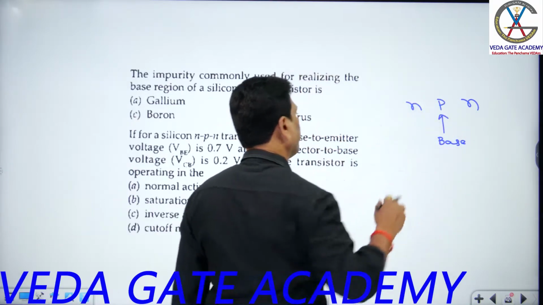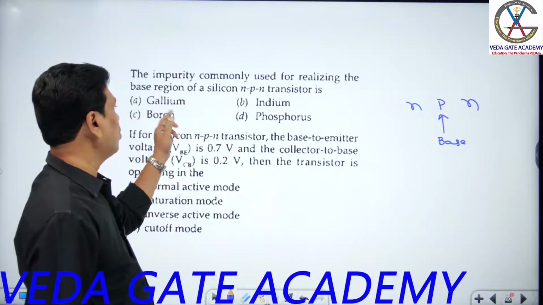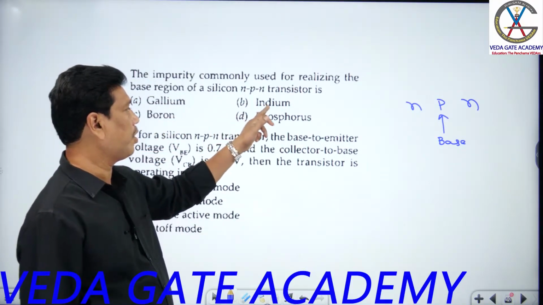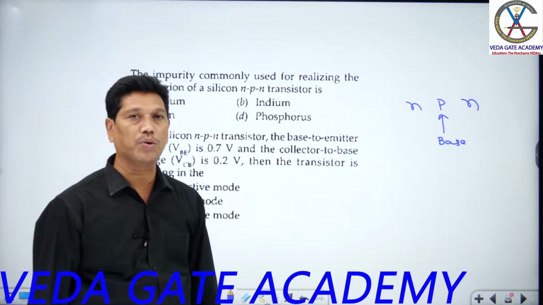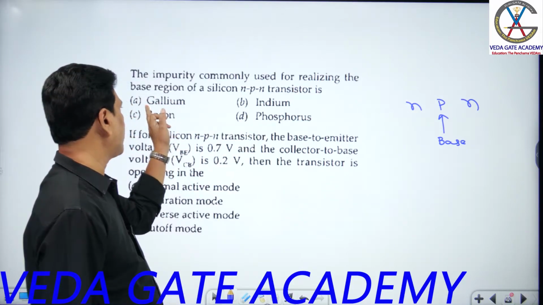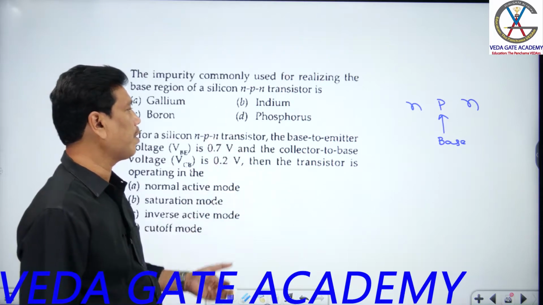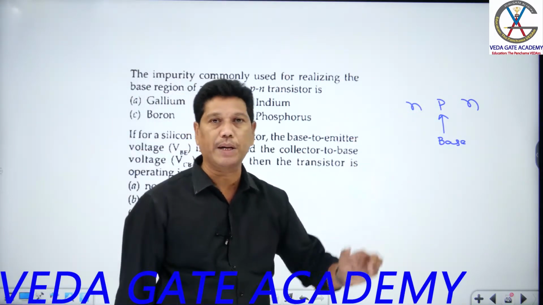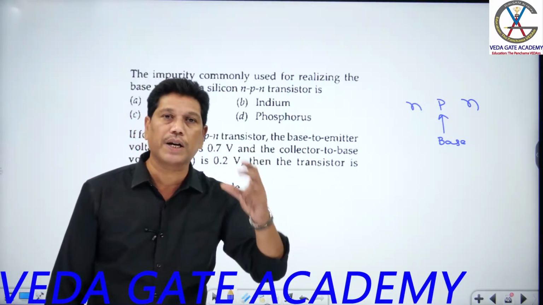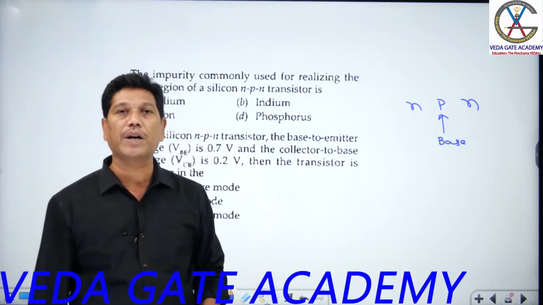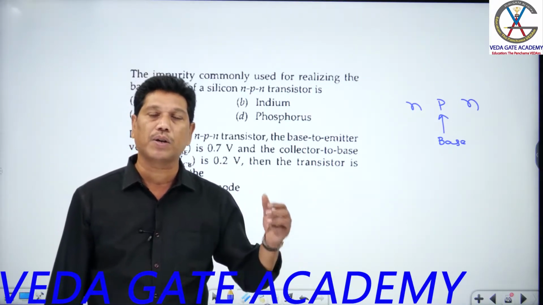So that is a p-type impurity you can call. Gallium is a trivalent impurity, indium also trivalent impurity, boron is also trivalent impurity, phosphorus is pentavalent students. So option D is wrong. Among the first 3 we may consider gallium or indium or boron. All the trivalent impurities are commonly considered for the fabrication of p-type students, but which is mostly preferred, as you learn in your semiconductor course, the mostly preferred trivalent impurity for the fabrication of p-type is boron.